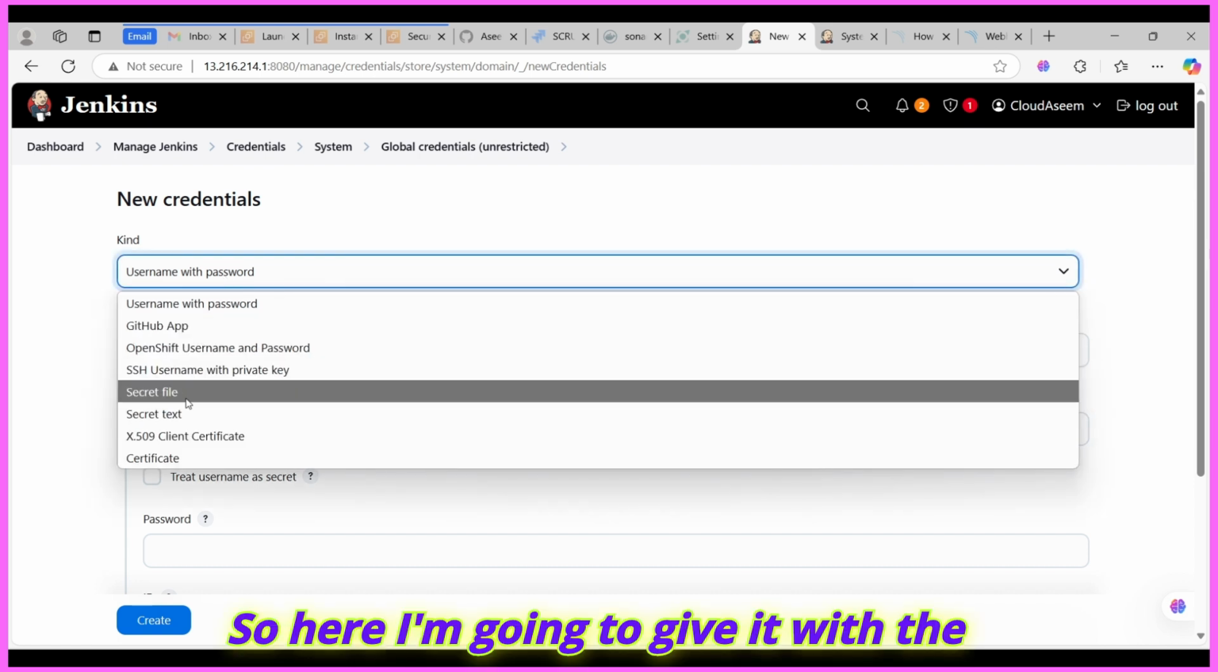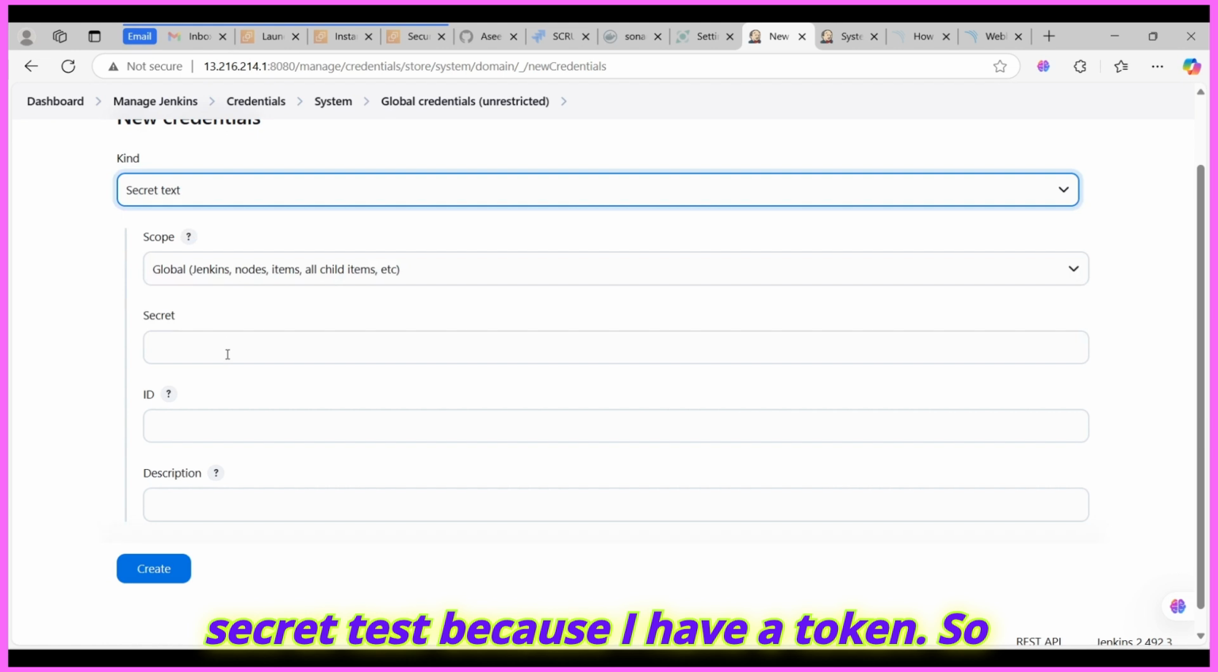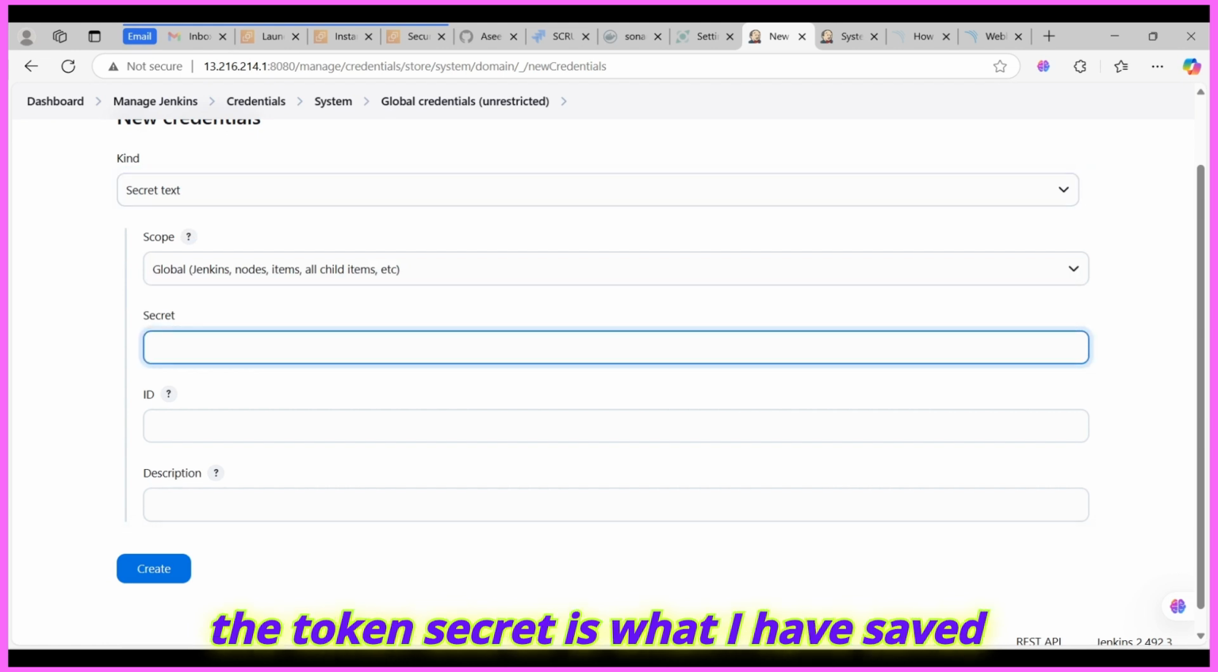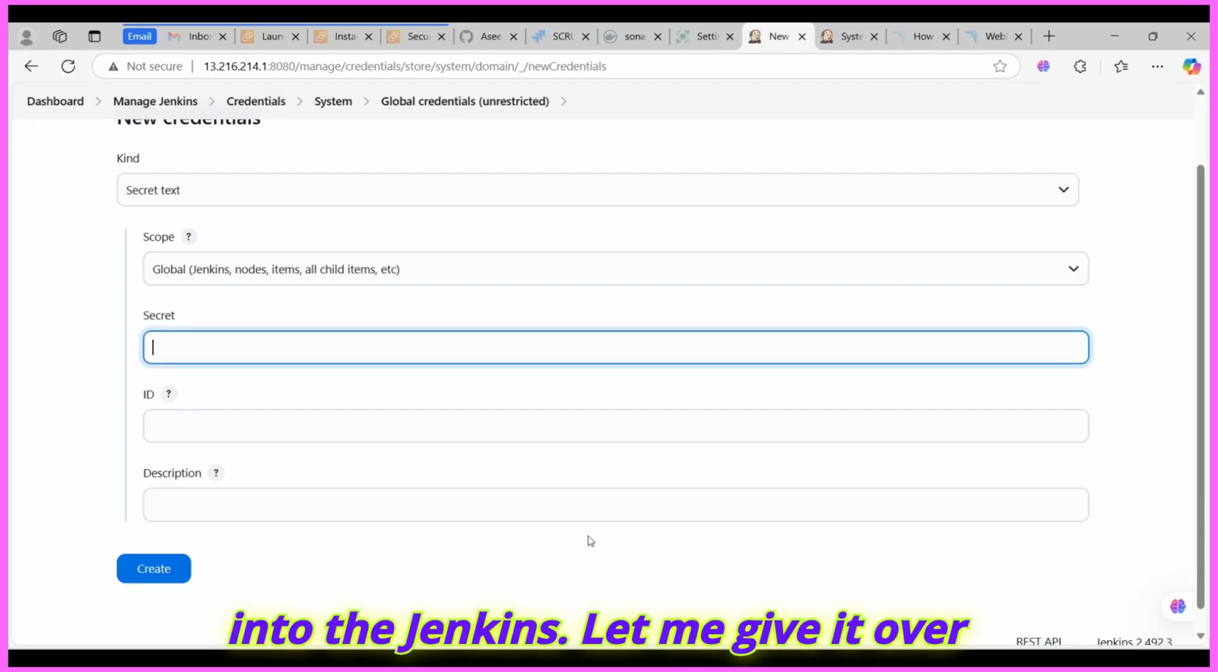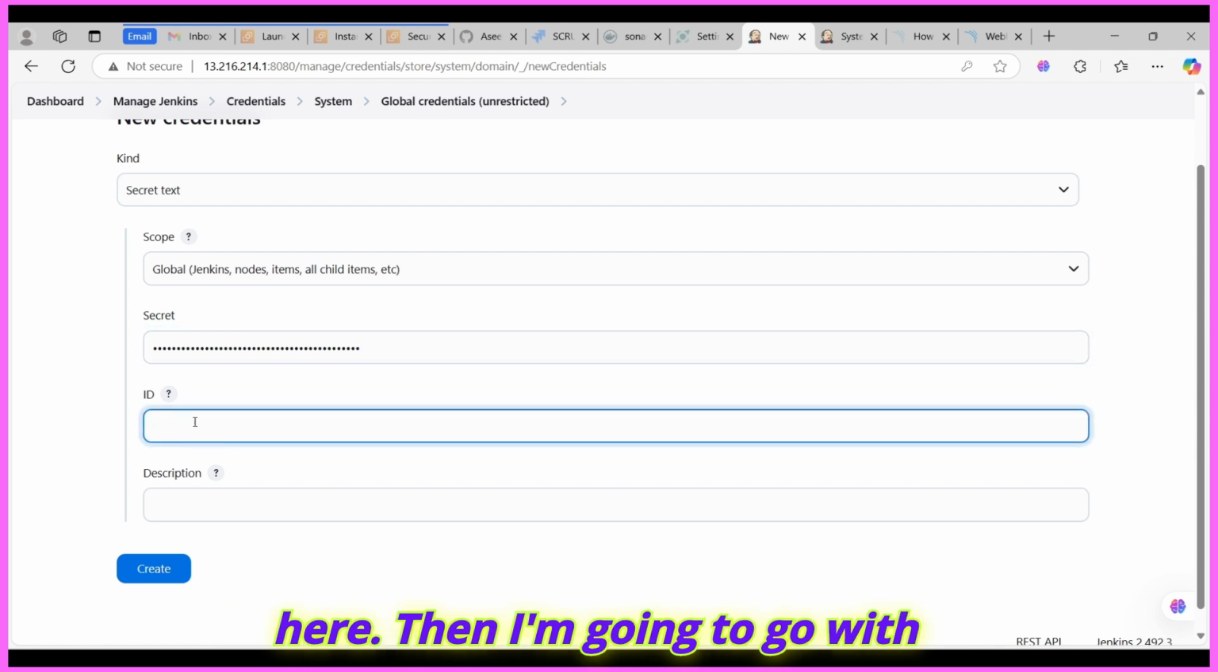So here I'm going to give it with a secret test because I have a token. So the token secret is what I have saved over here. The token is over here. Let me save this token into the Jenkins. Let me give it over here. Then I'm going to go with